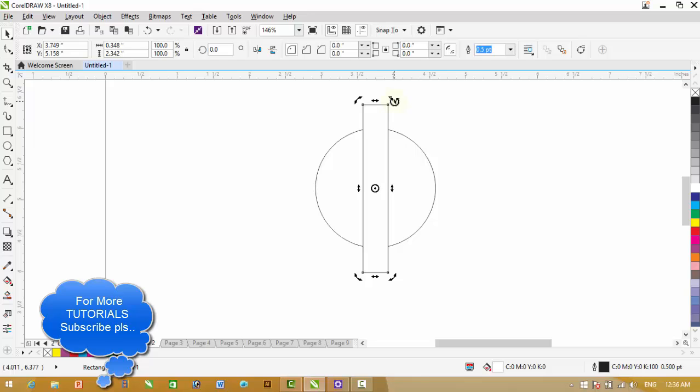For rotating in 15-degree increments, first of all select this object. Now click on it so that rotating handles appear. Now for rotating in 15-degree increments, press the Ctrl key. Now rotate this object. Here is a 15-degree increment.